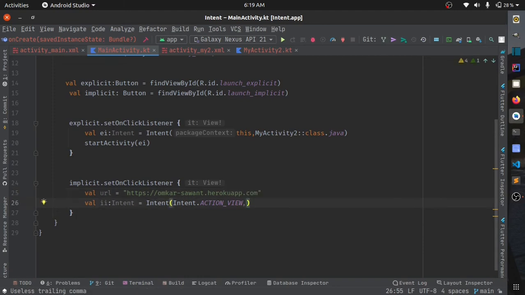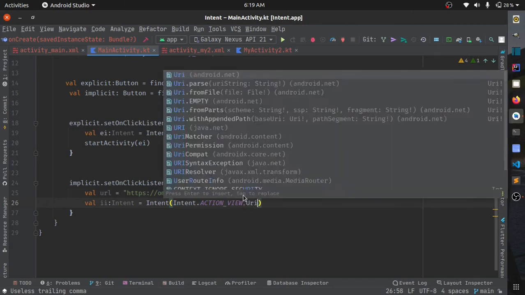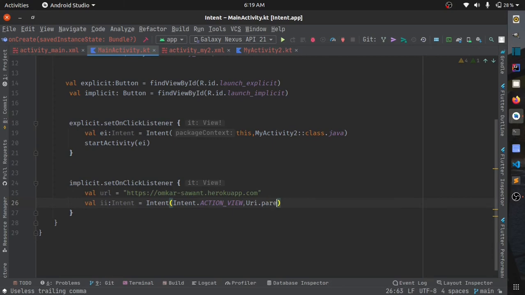Android only knows how to deal with URIs, so you need to pass a URI, and passing in the URL, it will automatically parse this to a URI.